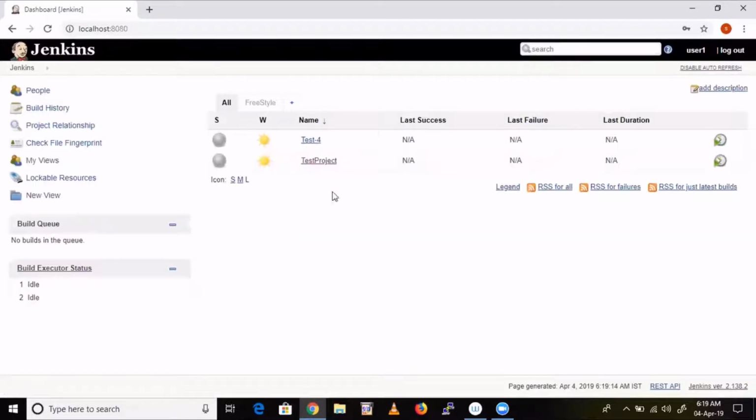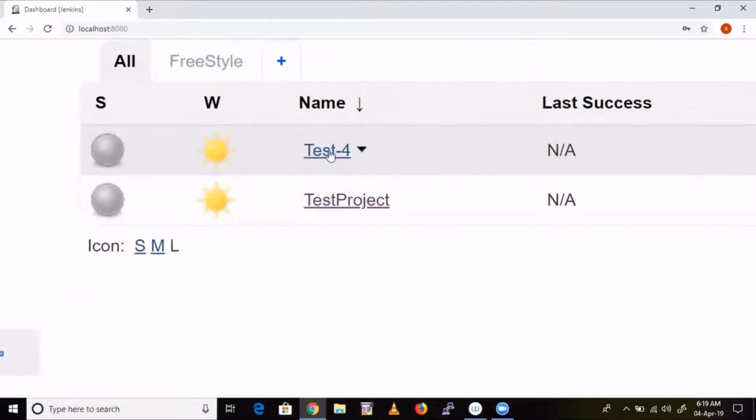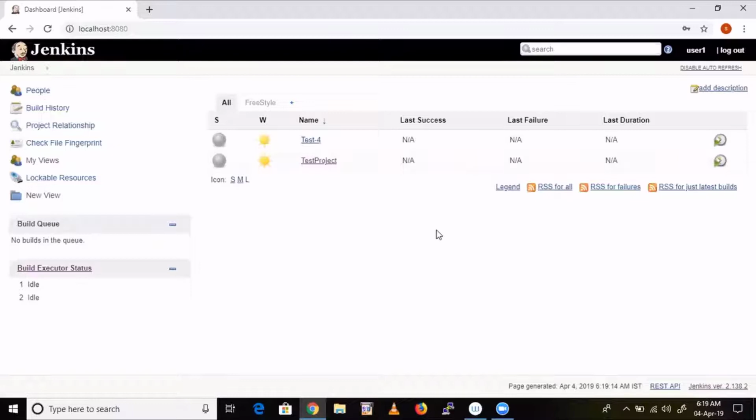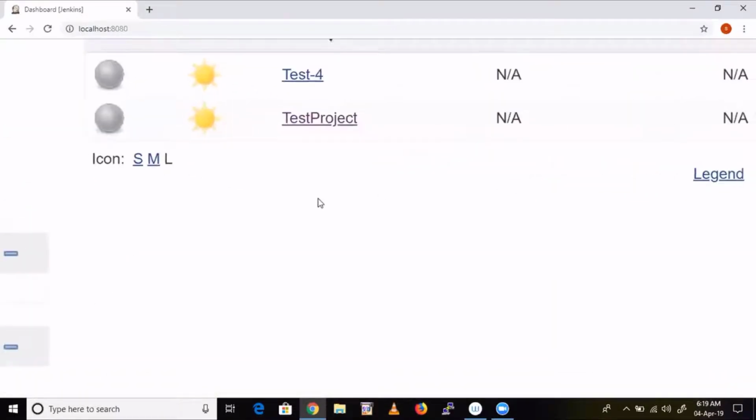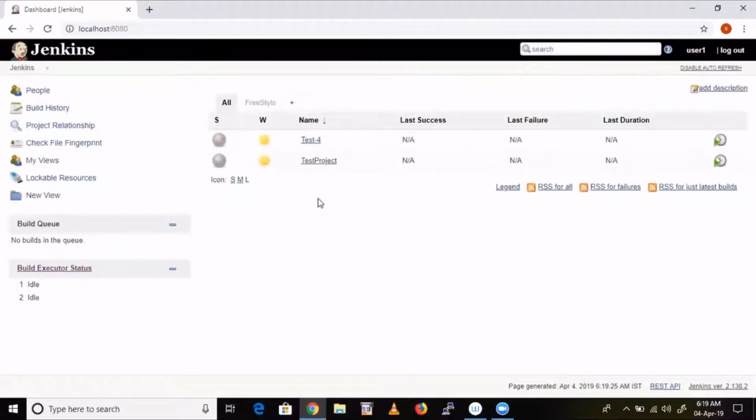See here, he can see only jobs with names starting with test, and he can do anything with respect to those jobs.